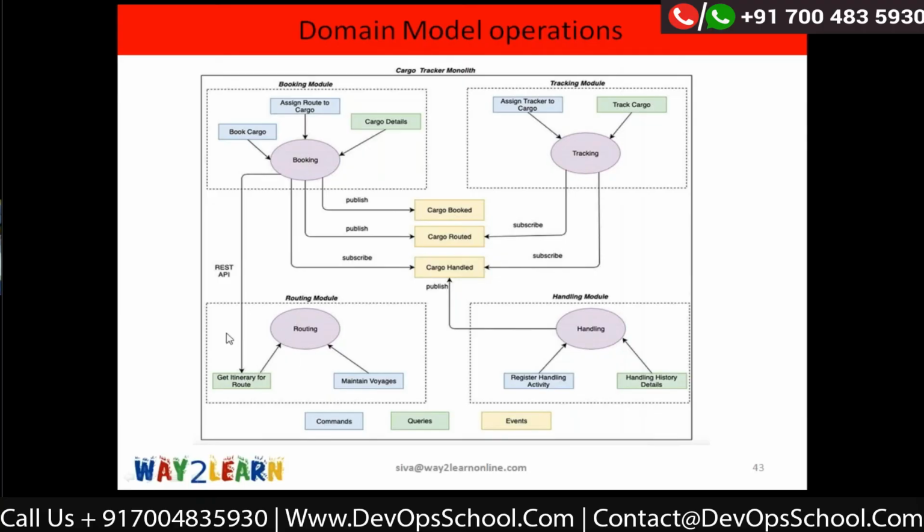Here, it is querying the database, it is not modifying, right? This operation in the routing module is a query. And maintain voyages. That means it has to actually update the voyages in the database. So this is a command, right? Now,